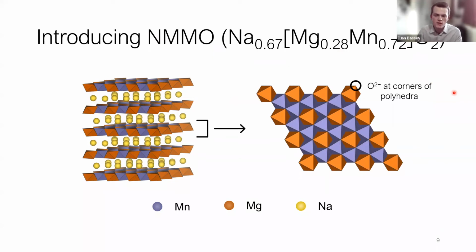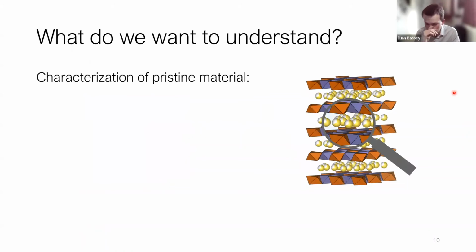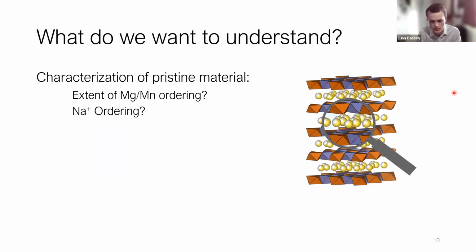So what exactly do we want to try and get out of these NMR studies? Well, I think the first thing is fairly obvious. We want to characterize the pristine material. One of the things we might want to address is to what extent are the magnesiums and the manganese actually ordered in this honeycomb style? And then a consequent effect is how ordered are those sodium centers? Because if there's ordering in the transition metal layer, there's almost certainly going to be ordering in the sodium layer. Can we see that? And then lastly, in the last few minutes, I'll go through the evolution of the overall